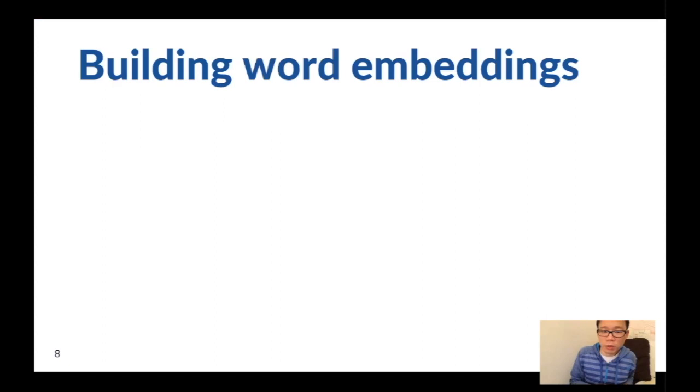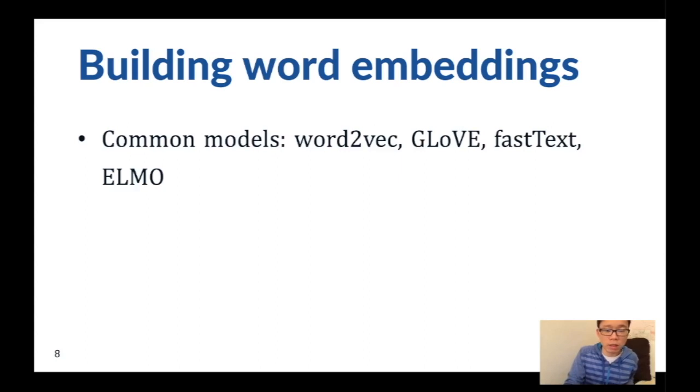These were pre-trained word embeddings, and so the question might be, how do you build word embeddings? How do you use word embeddings? Well, there are a lot of different models of word embeddings, and so there are different ways to use it. Word2Vec, GloVe, FastText, ELMo. Word2Vec was the simple one that I showed you with the skipgram model, but GloVe has a different way to reduce the dimensionality.